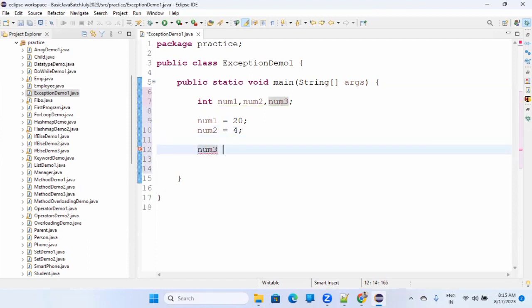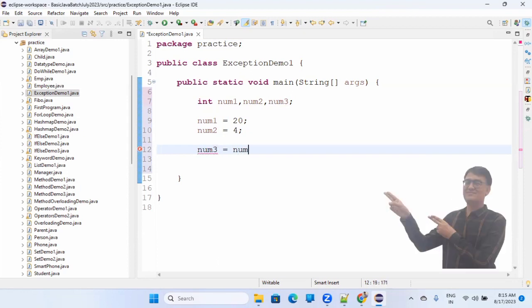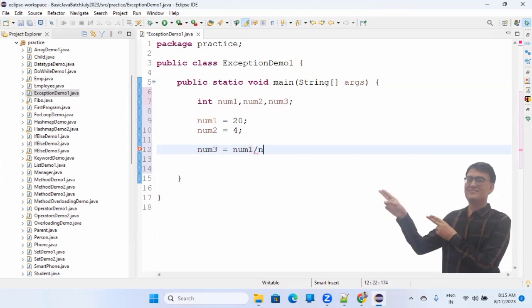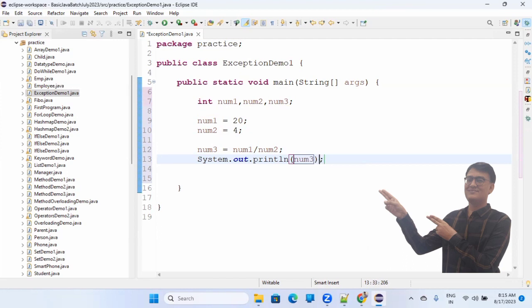And num3 is equal to num1 divided by num2. Perfect. And then you want to print it. System.out.println(num3). Perfect. And after that, you want to do something with num1. So for example, you want to have another variable, num4 is equal to num2 multiplied by 10, and then you want to print